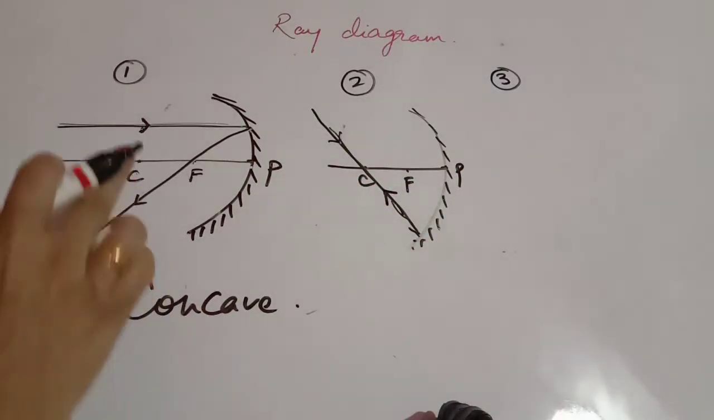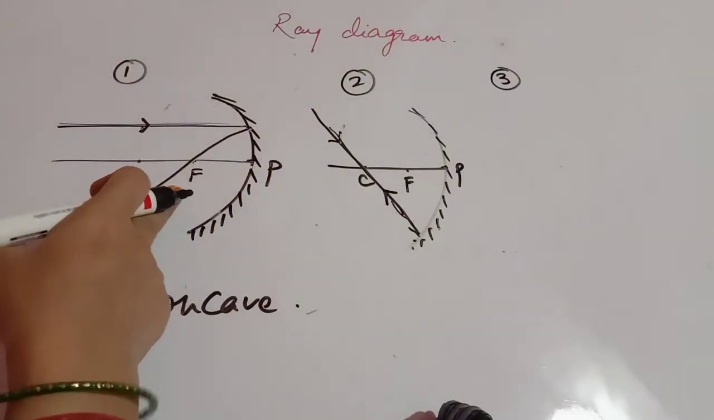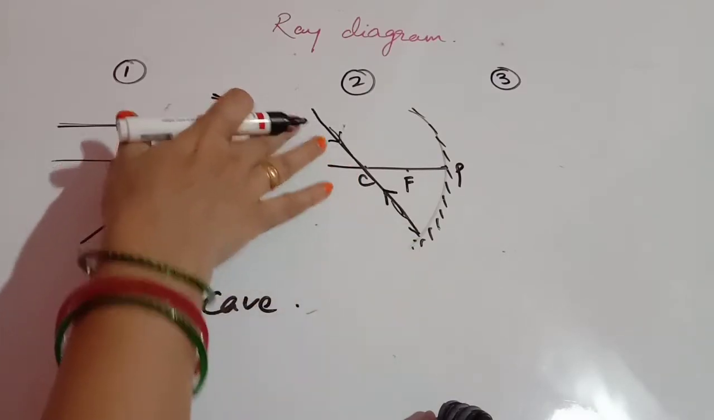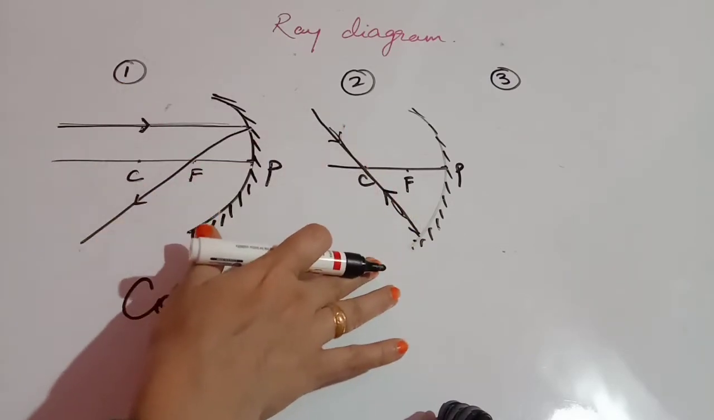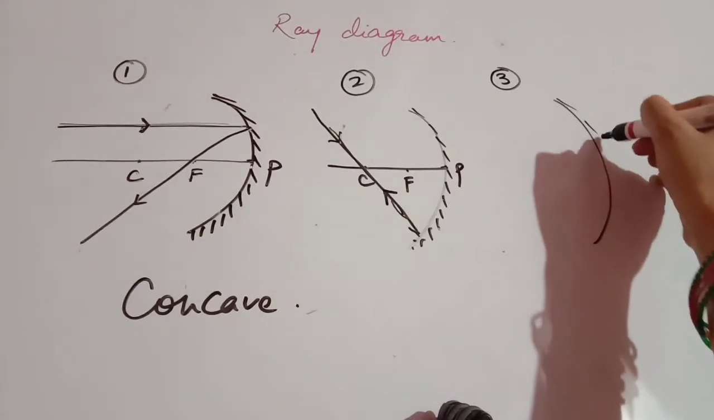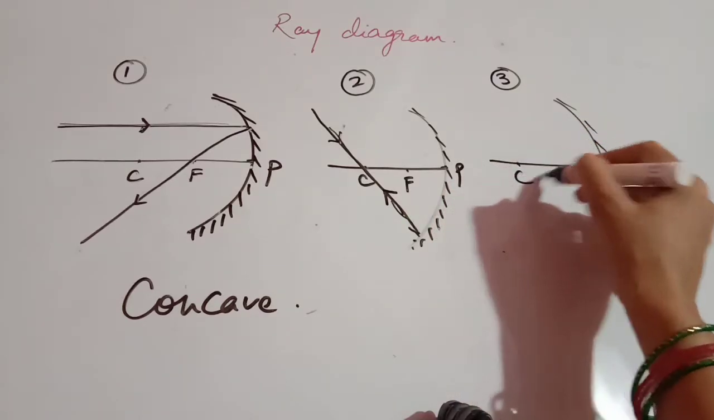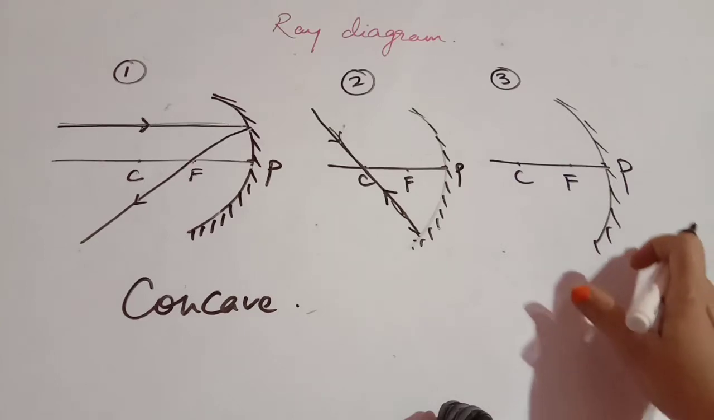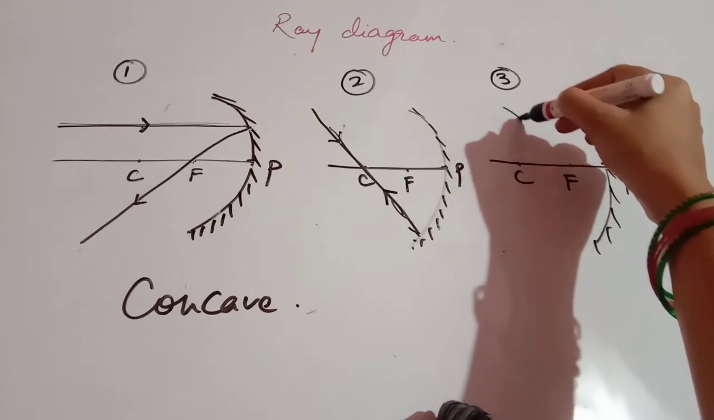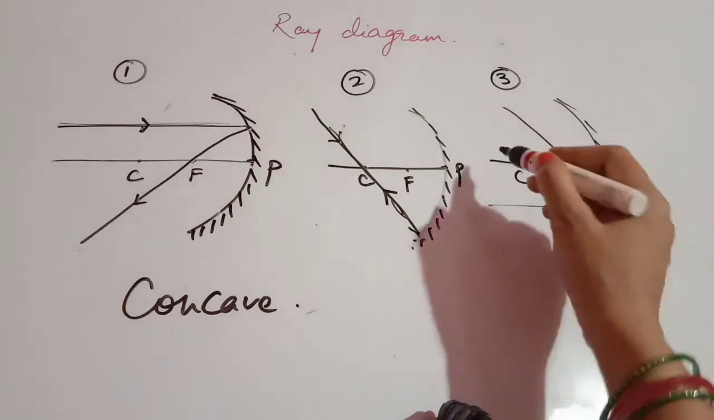In the first rule, if your incident ray is parallel to the principal axis, it reflects through the focus point. Second, if the ray passes through the center of curvature, again it reflects back in the same path, meaning again it passes through the center of curvature. Now the third rule. The third rule says, if the incident ray, the ray of light, passes through the focus,